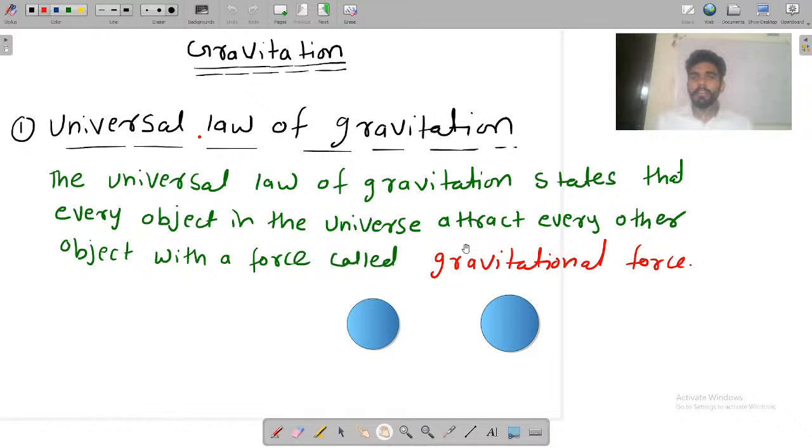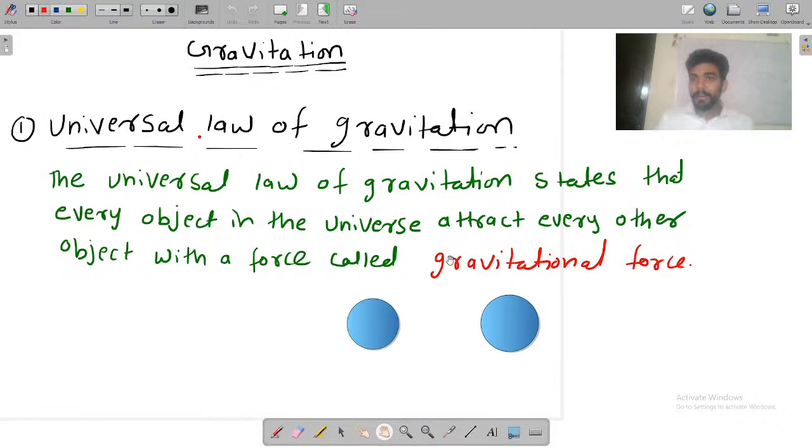Okay. So today we will discuss the science chapter, gravitation. So what is the simple meaning of gravitation here? Gravitation means, I can take an example. Suppose I have a duster. I am dropping this duster. Then what will happen? This will move downward. So what is happening behind it? It's moving downward. It means Earth is attracting this duster by some force, and this force is known as gravitational